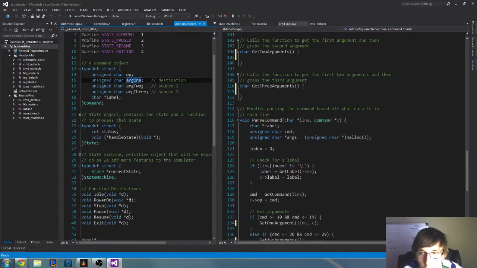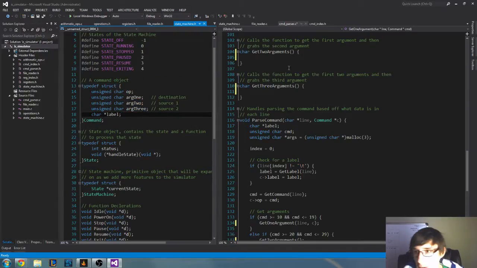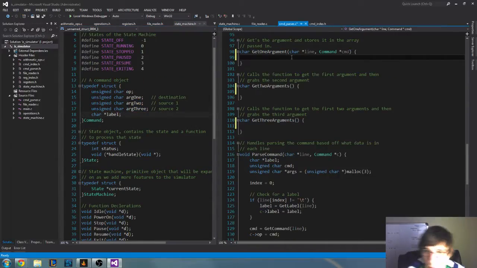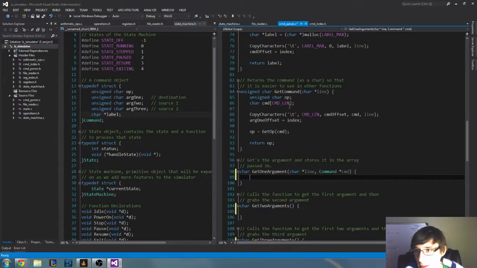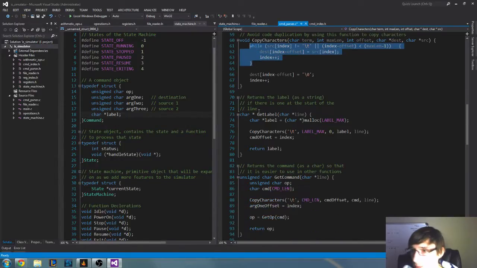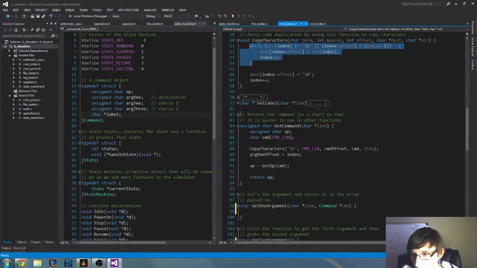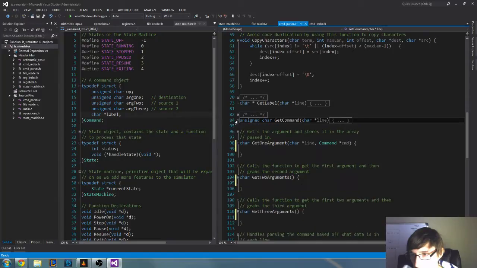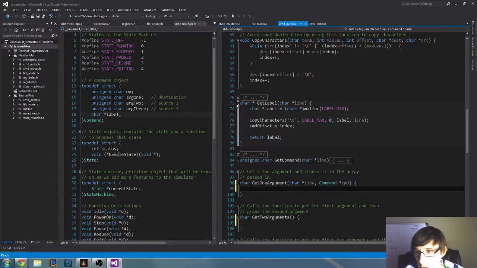Okay, so now that we have that, let's open up our command block, our command struct. So we have argument 1, argument 2, and argument 3. So argument 1, the way we've been doing this is we've been using copy characters. So what we've got to do is we will minimize these for now, so you can see our argument 1 and our copy characters. So what we're going to want to do is we're going to basically want to duplicate how these work. So we're going to want a string with